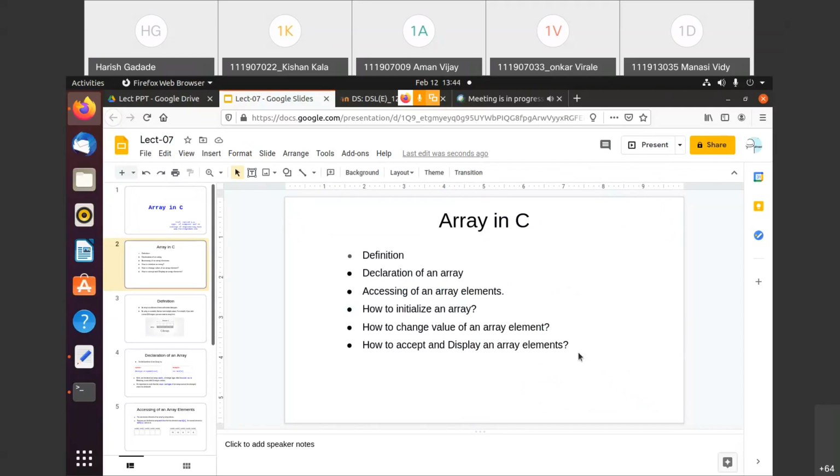Then how we can declare an array in C programming, how to access the array elements, then how to initialize, how to change the values of the array elements, and how to accept and display the array elements.